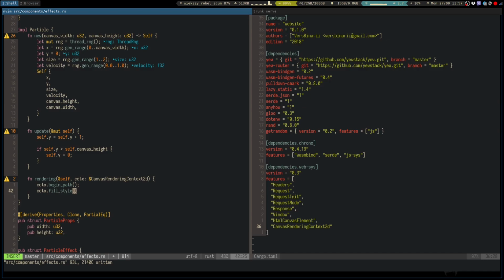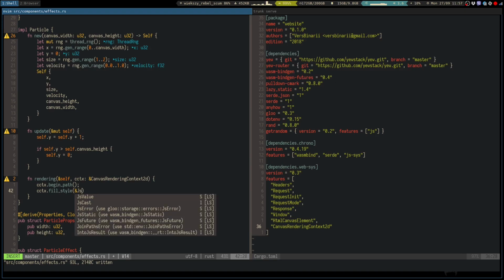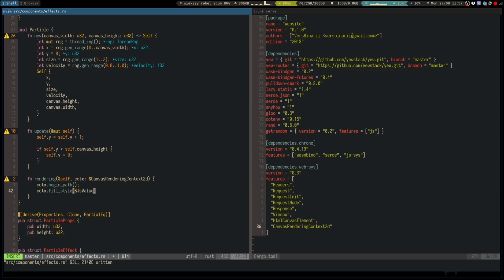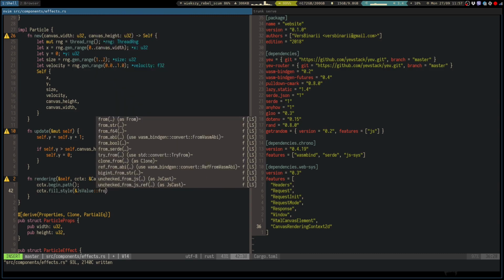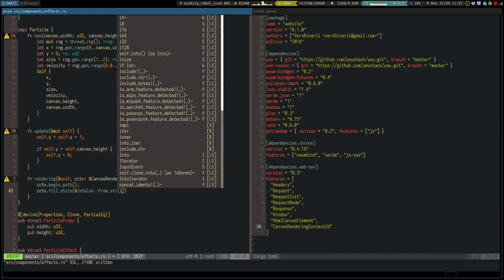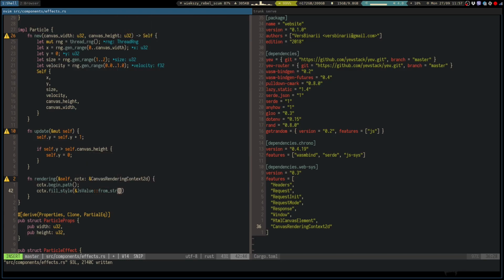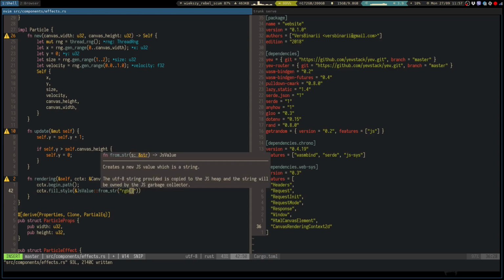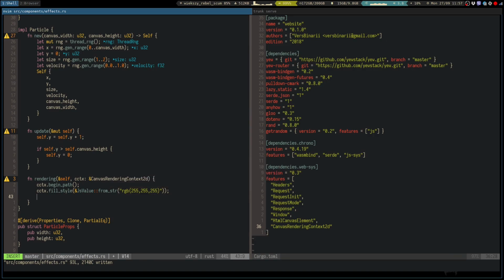Style, and again we need to pass in the JavaScript object. So the JS value from string and RGB and like 255 forward, and then we can just